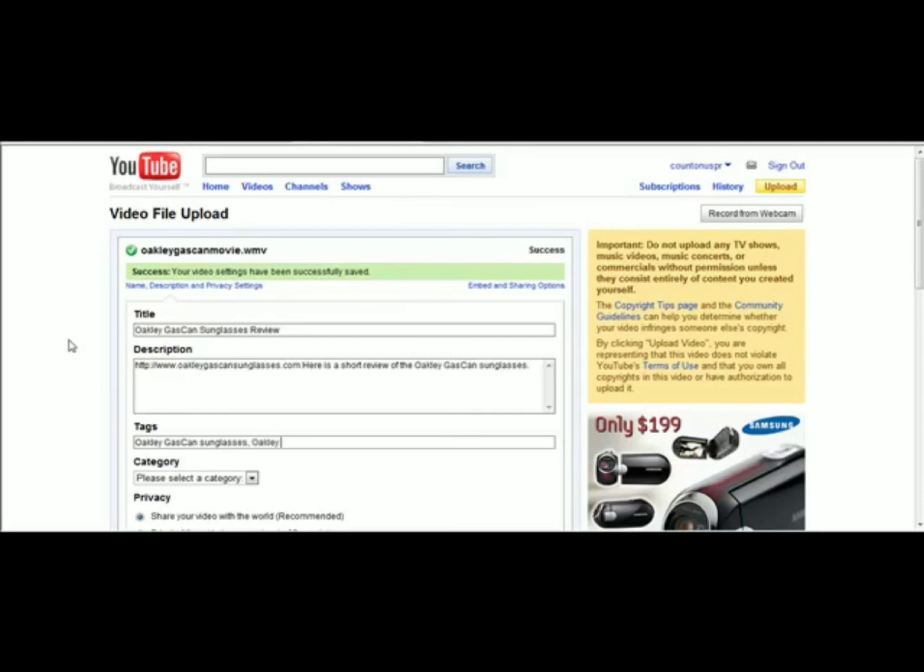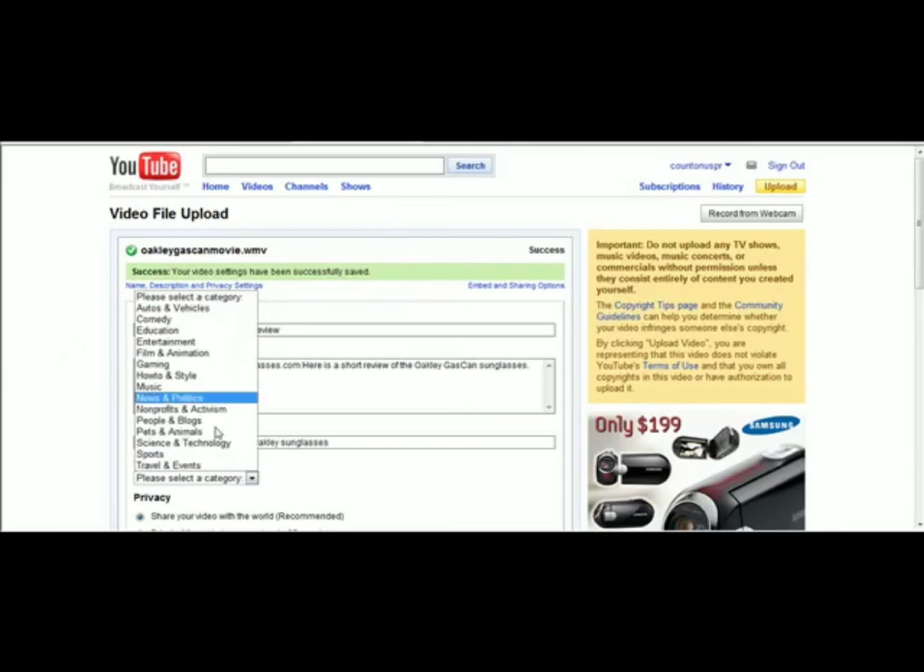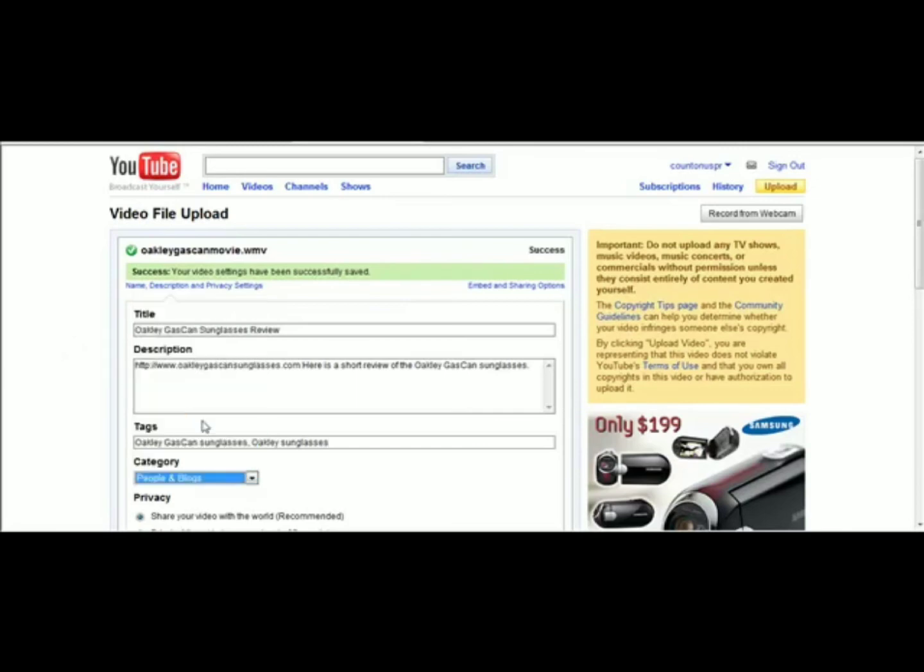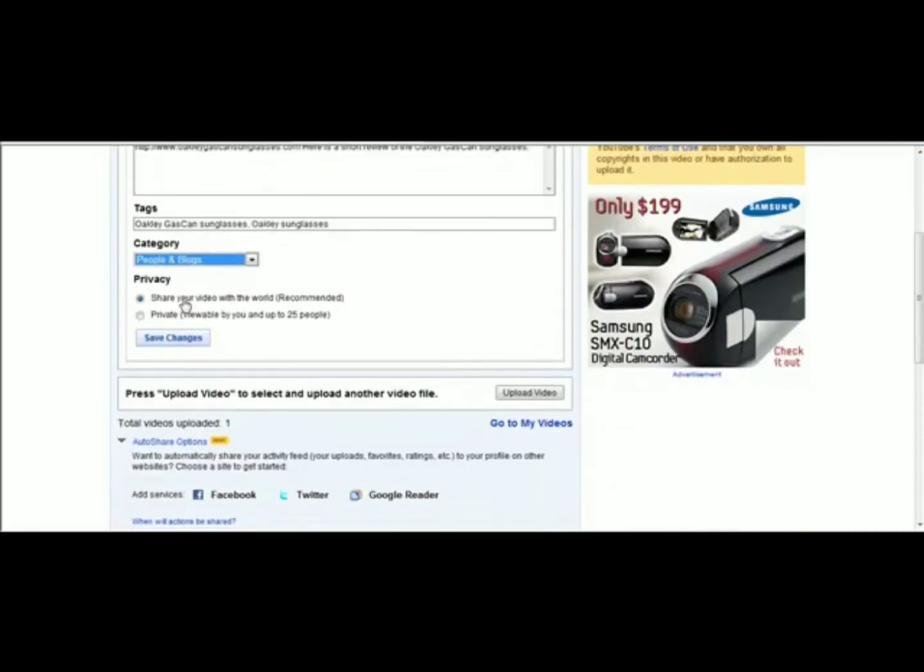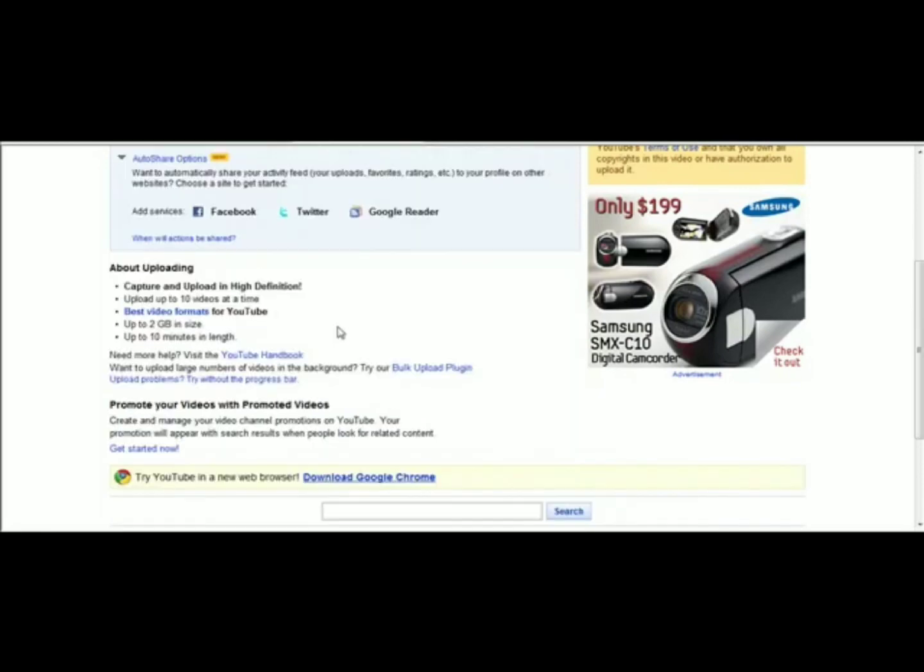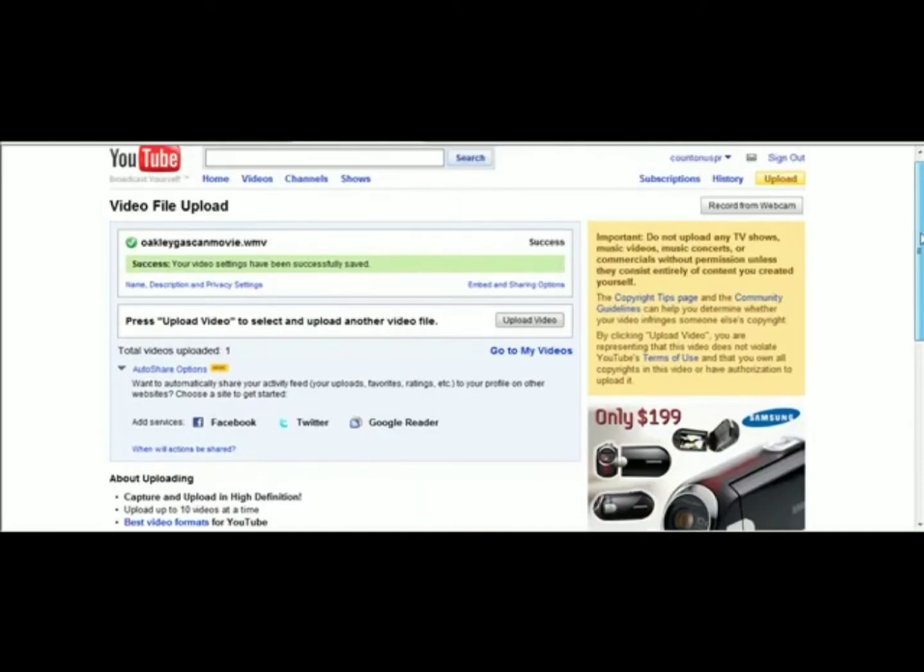Okay, and then choose a category. So you could just choose people and blogs, typically a good one when you're doing reviews. And then choose share the video with the world, and then hit save changes. And now your video's been set up, so you can come right on over to your area right here,